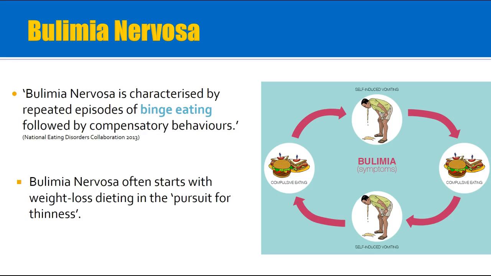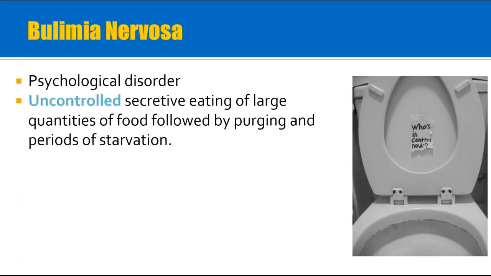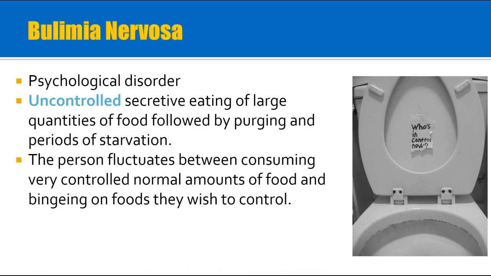and the feeling of sense of loss of control while eating will then make the person feel like they have to gain control, and that's where they will physically make themselves vomit in an attempt to gain control. So it is all about control. So it is a psychological disorder because you've got that uncontrolled eating. The purging is a way of trying to stay in control, and they will consume very little to a lot of food,